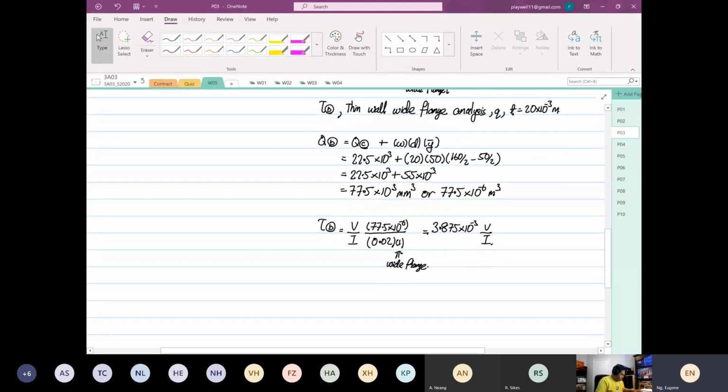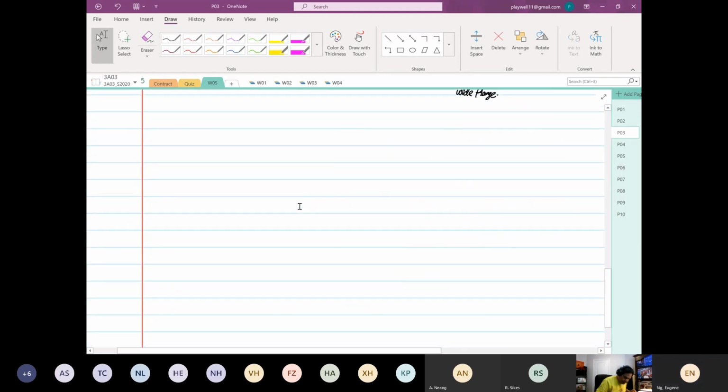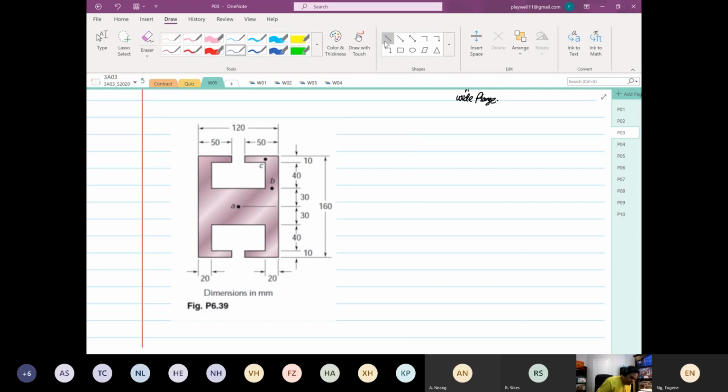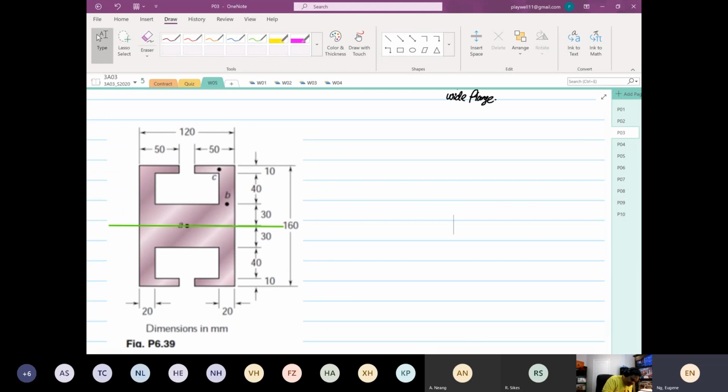Okay, so the last point that we are going to consider now, right? So the last region that we consider is at point A. So when you look at point A, right, point A is not thin wall anymore. So it's going to be based on thick wall analysis. Now for thick wall analysis, we don't